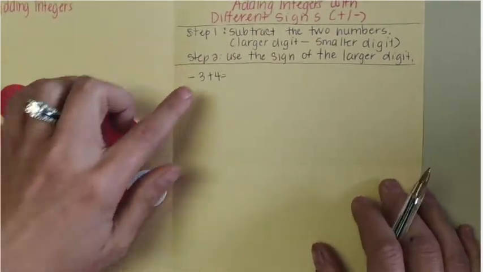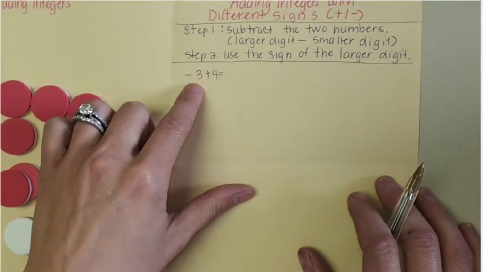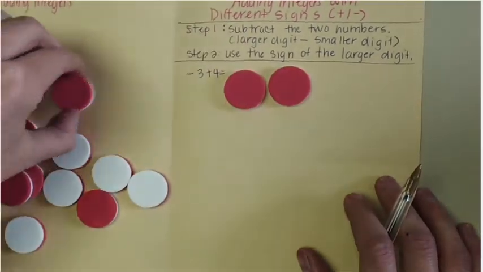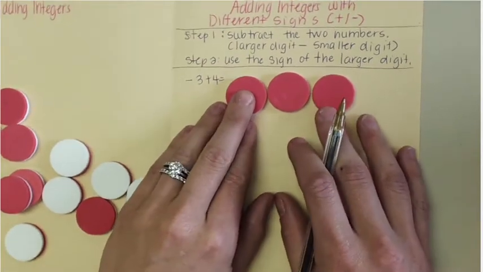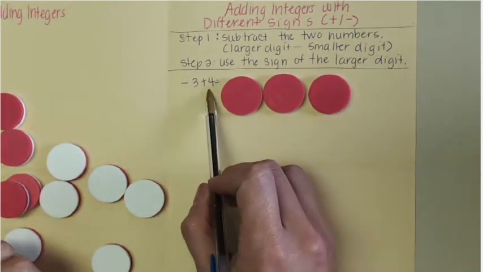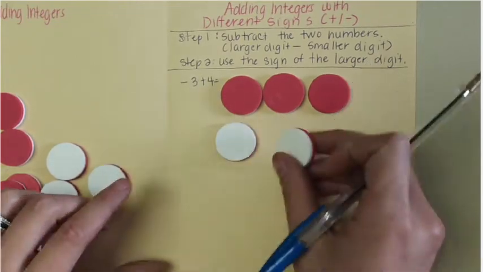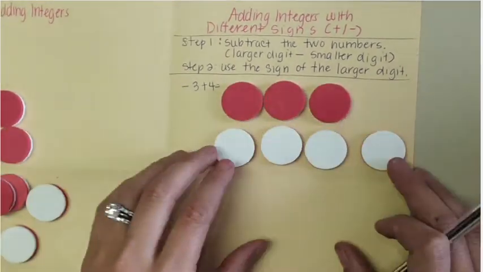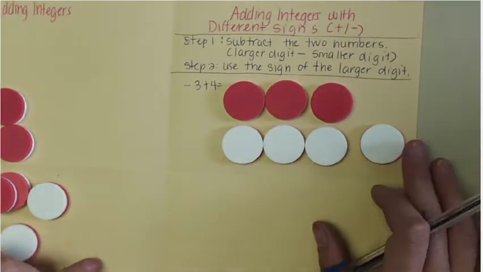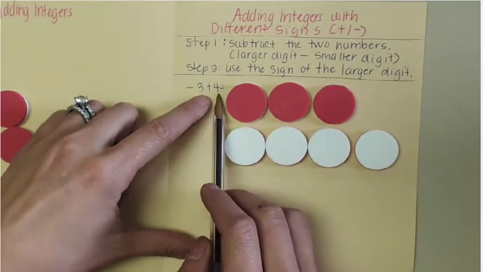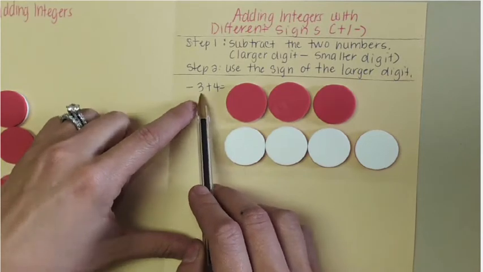Okay, so our first row of numbers, with the counters, we want to represent negative 3. So that would be 3 reds. Okay, and you're just watching. Then for the second row, we want a positive 4. The plus sign goes along with the 4, so positive 4. And you can quickly see which one has more. Okay, and the one that has more is obviously the positive, because if you compare a 4 to a 3,